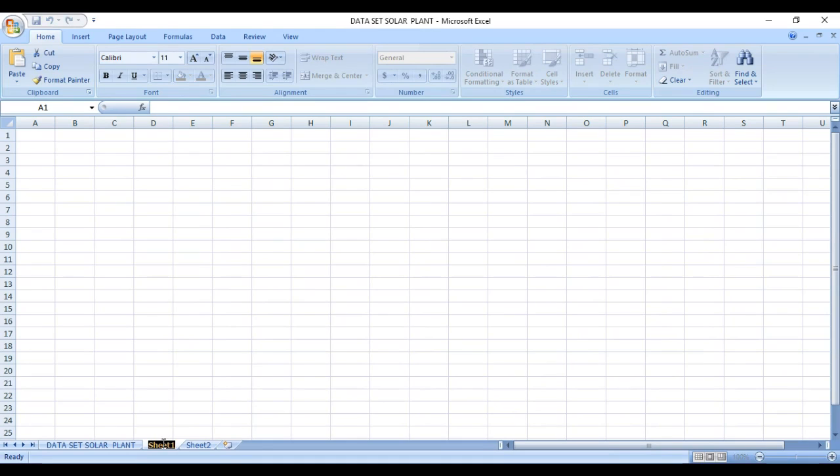While using this, sheet name equal to A3. Similarly, I will open a CSV file.